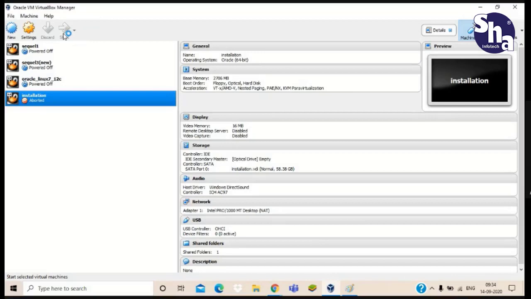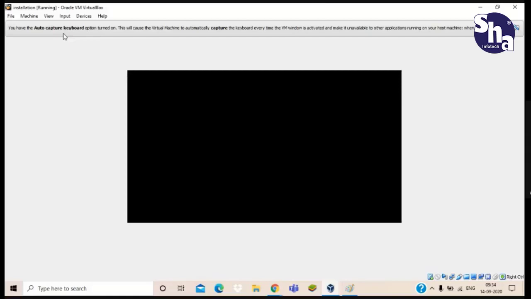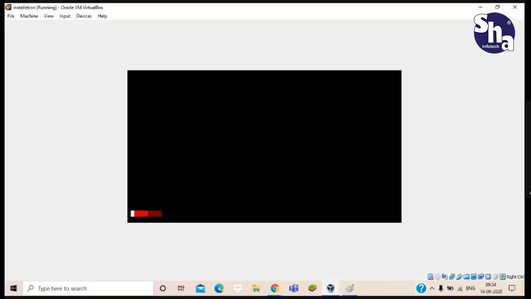When the system hangs, the virtual machine, what is the way to recover? Just wait for some time. You have no other option. If there is any task going on, then you only have the option to wait. But if there are no tasks you are performing, then you can abort it first and then restart.